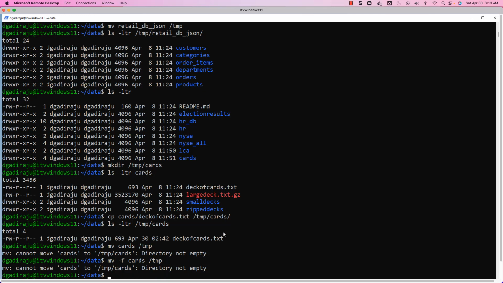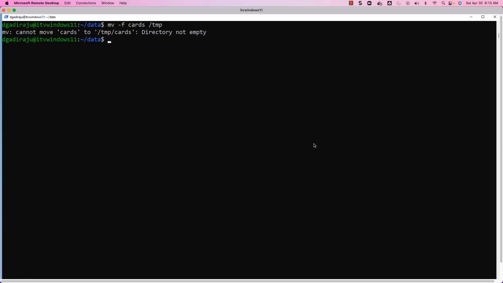So you will not be able to move into a directory which is not empty. One of the ways to make sure the files and folders under cards are actually moved to /tmp/cards is by taking care using some automation. So we should be able to say ls -1, then cards. It will actually list the files and folders in that location. Then we should be able to say pipe, then awk, then